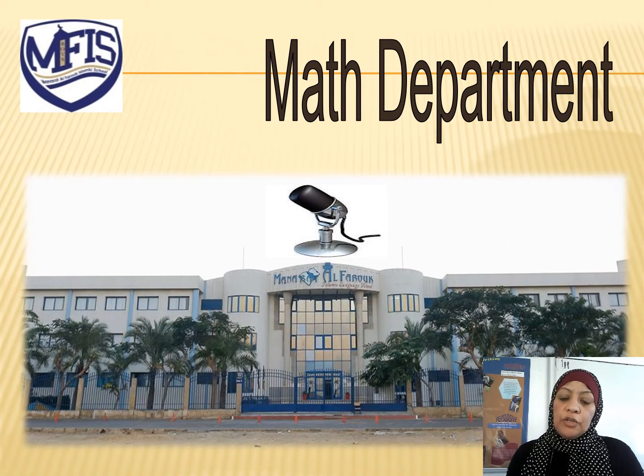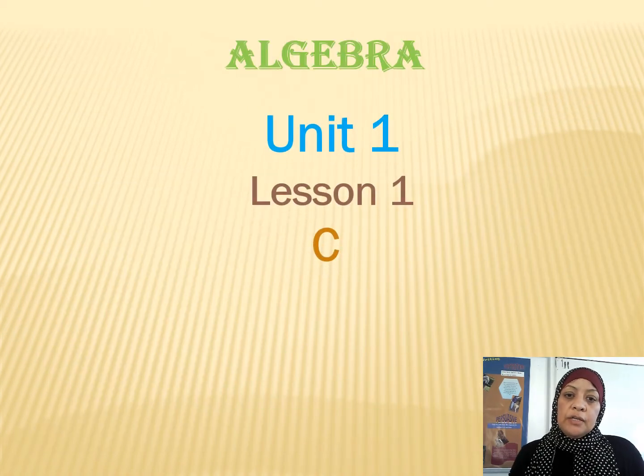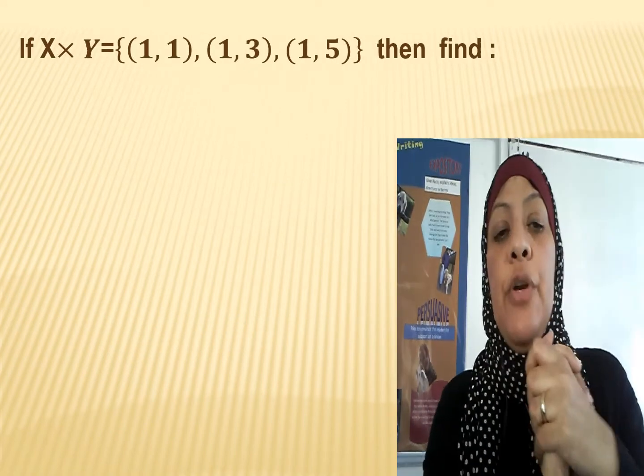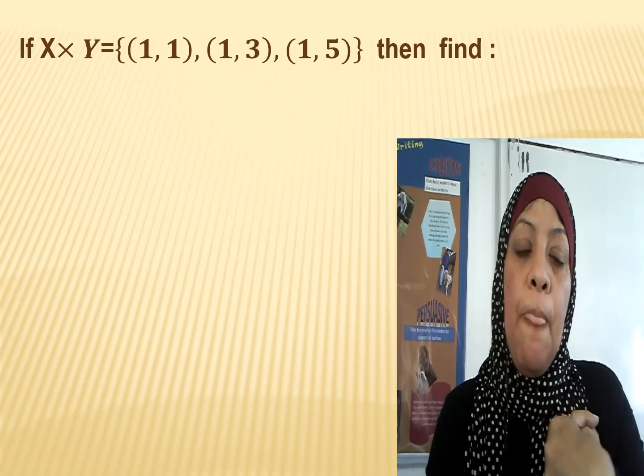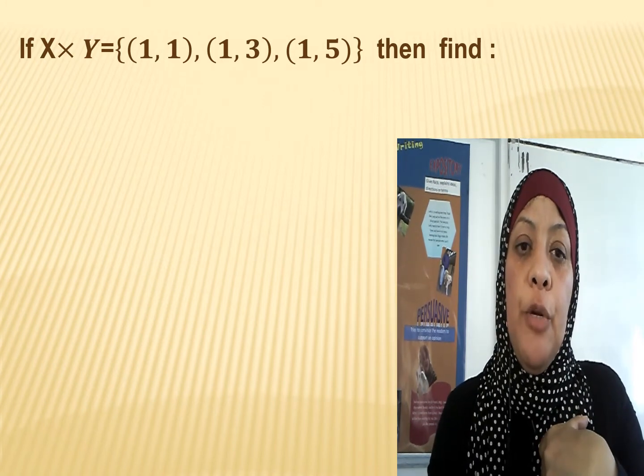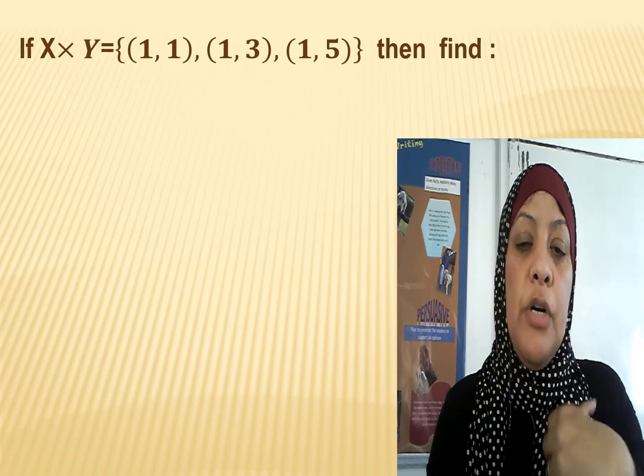We need to continue our lesson in Unit 1. It's Cartesian product. We will continue today, we are still in Unit 1, Lesson 1, Part C, Cartesian product. Okay, to continue. For example, let's revise. If X product Y equals the order pairs (1,1), (1,3), (1,5),